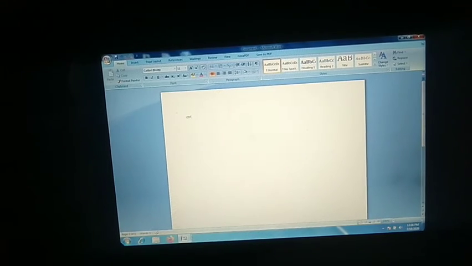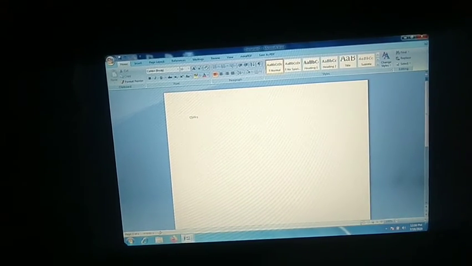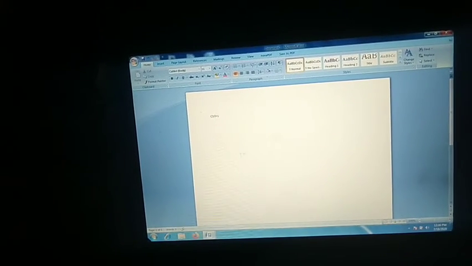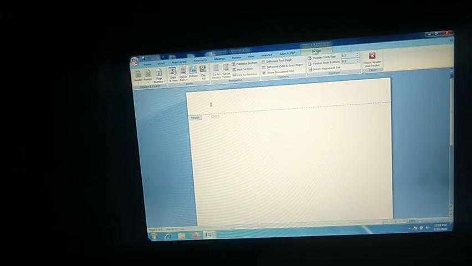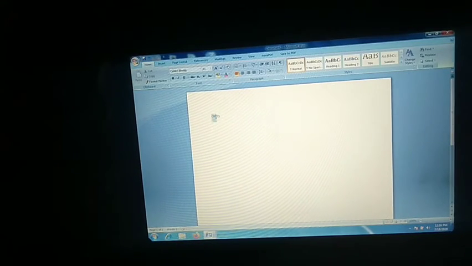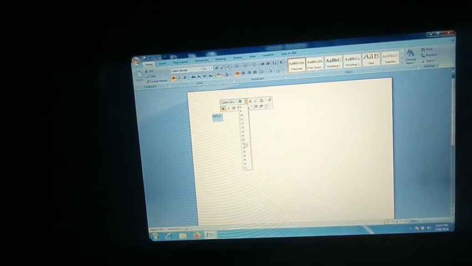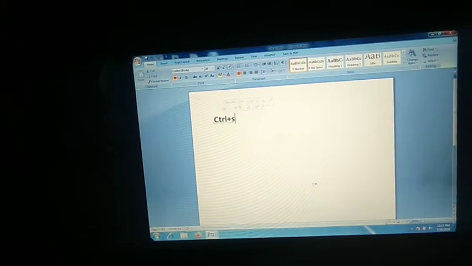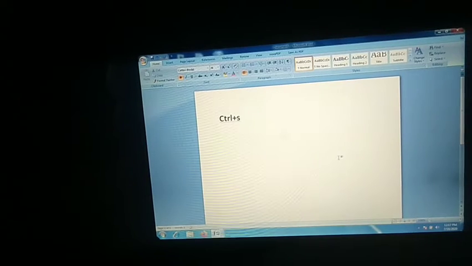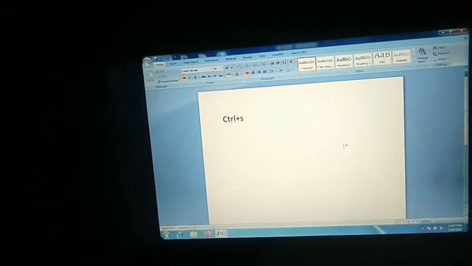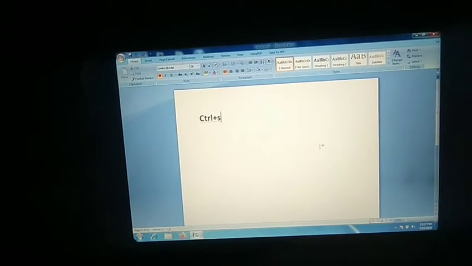Control plus S. Everyone can see? What is the shortcut key to save a file? It's Control plus S. Is that clear? You can either save your file pressing Control plus S, and if you don't want to save the file using Control plus S,